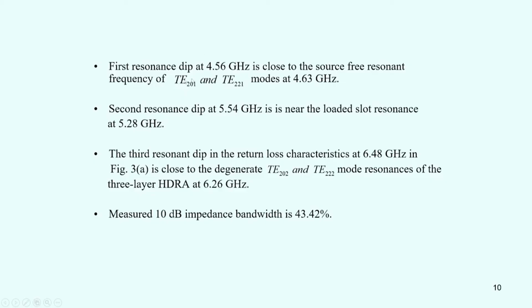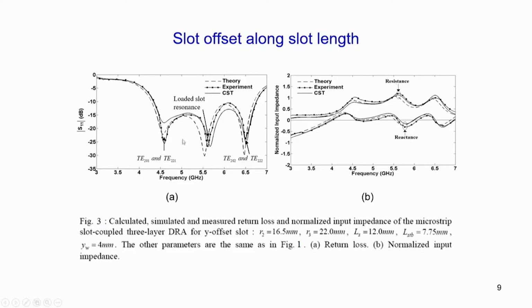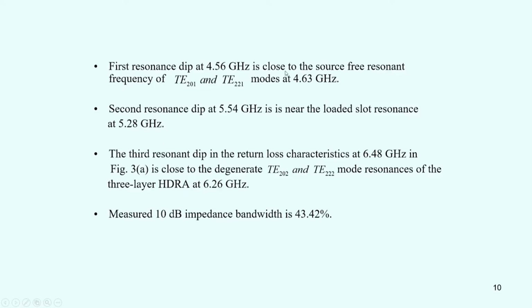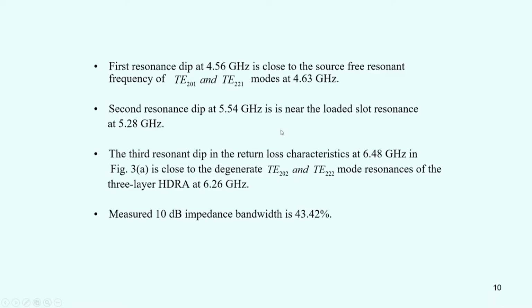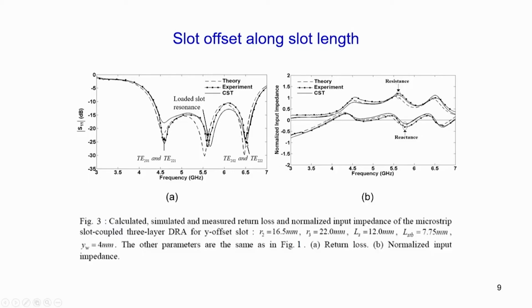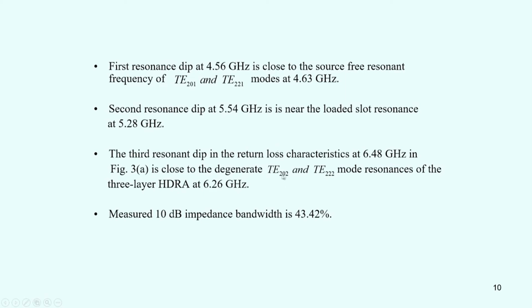So, as we discussed, the first resonance dip at 4.56 gigahertz here, it is close to the source free resonant frequency of the T201 and T221 modes at 4.63 gigahertz. The second resonance dip at 5.54 gigahertz, which is here, is near the loaded slot resonance at 5.28 gigahertz. The third resonant dip in the return loss characteristics at 6.48 gigahertz, which is here, is close to the degenerate T202 and T222 mode resonances of the DRA at 6.26 gigahertz, and the measured 10